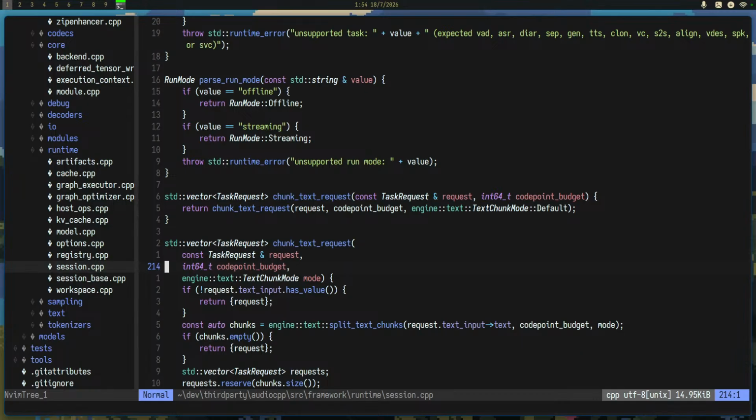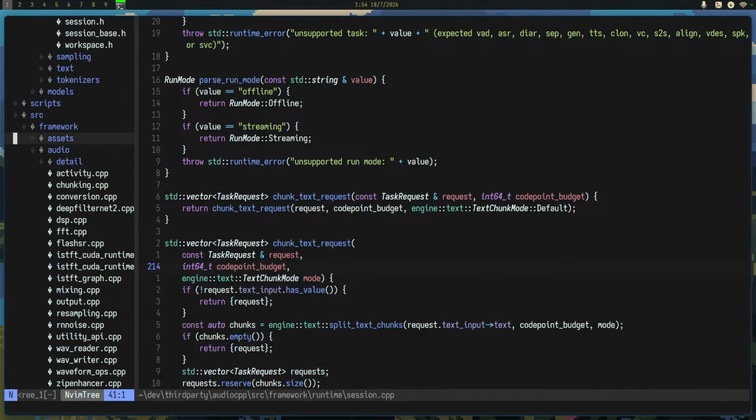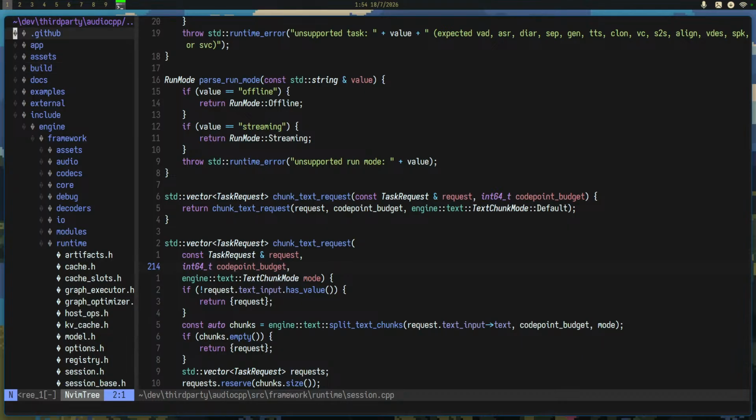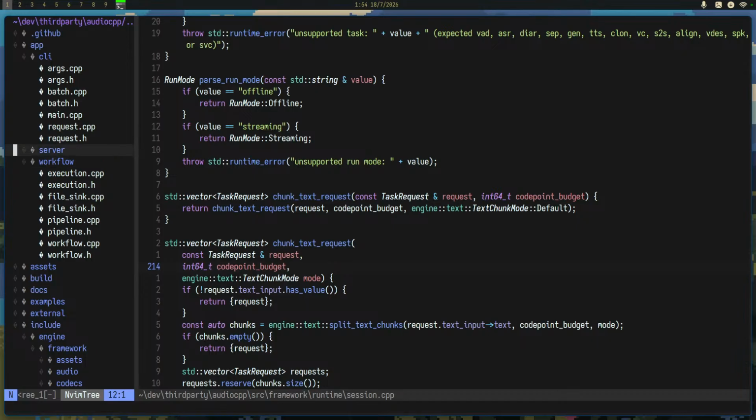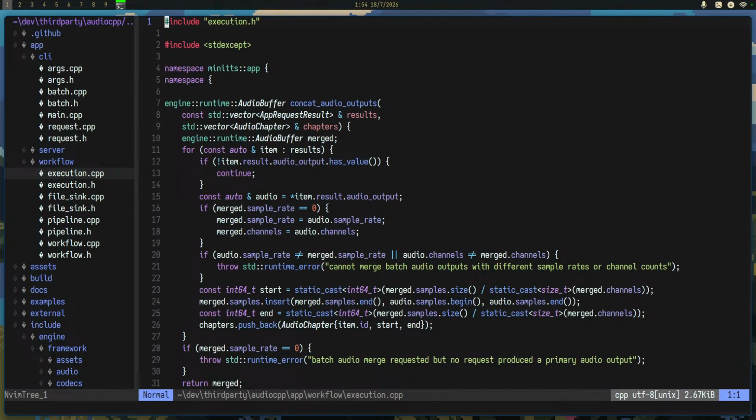So, there has to be this function that basically takes in text. So I think we can get a better understanding of it. Execution. What is that?